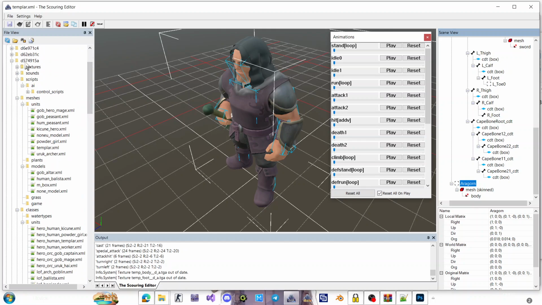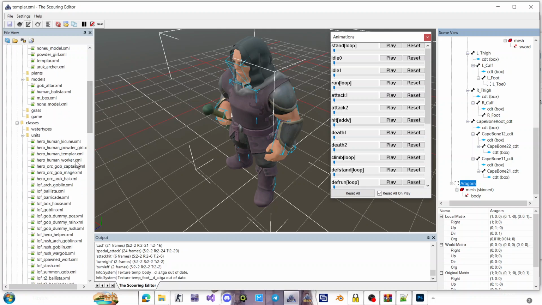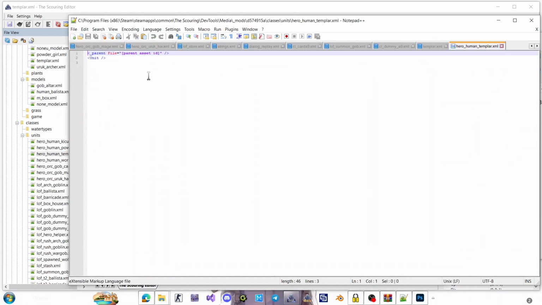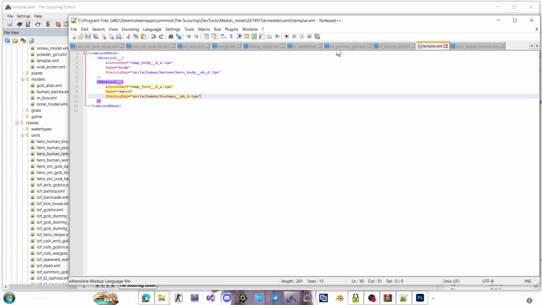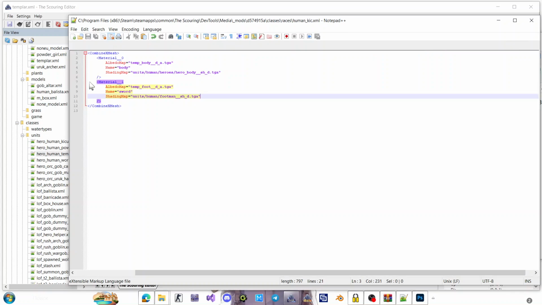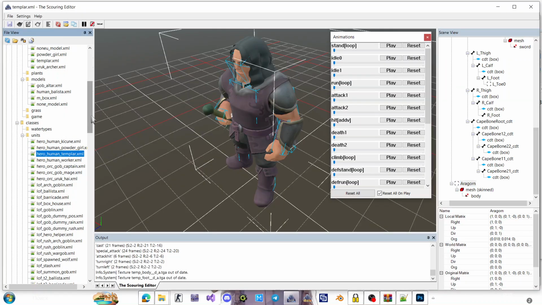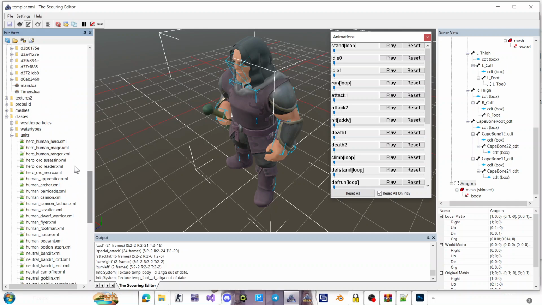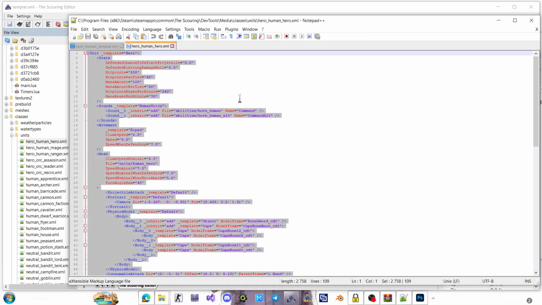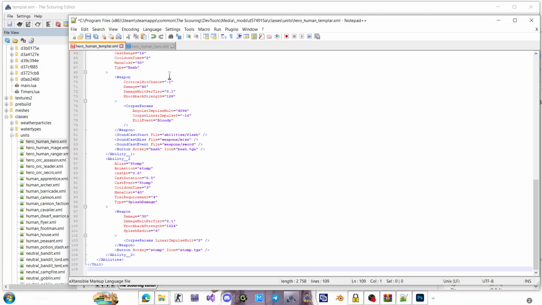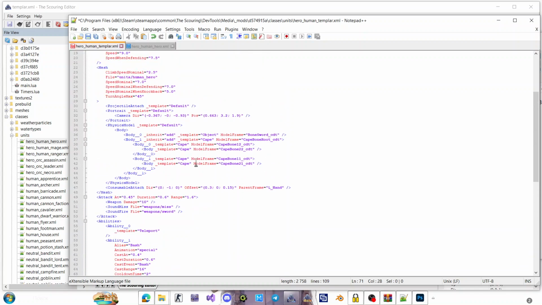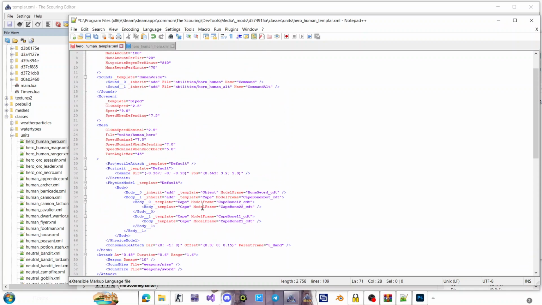So that's ready. We created our Templar. Okay, first close it, open this Templar again, open human hero, Ctrl+C, Ctrl+V, and then we will make their physics